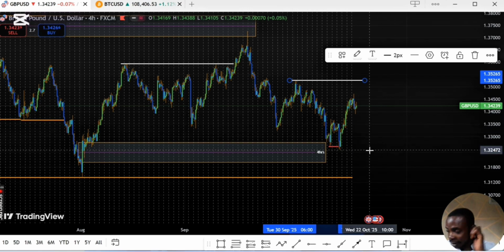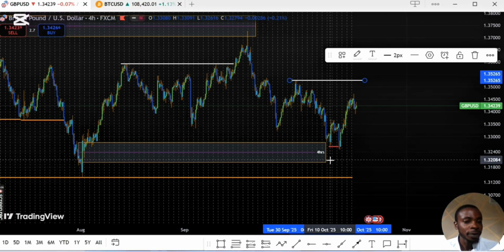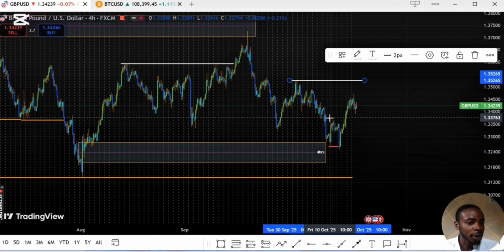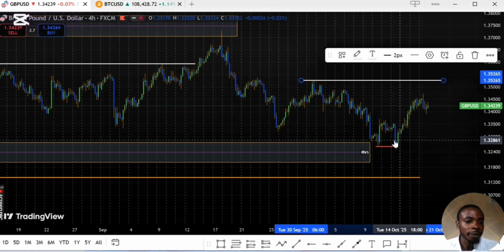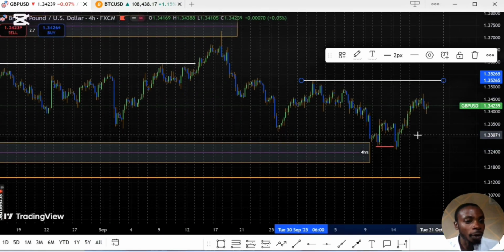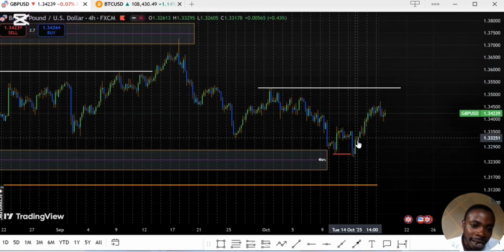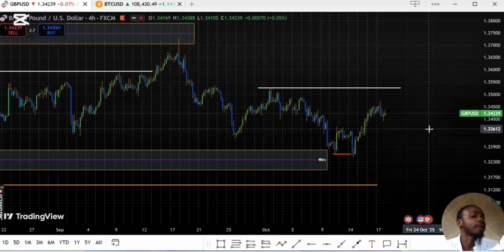Because on a lower time frame, you can also see that when price finally got here, price gave a change of character. This is a high, a lower low, a break, a change of character. So market can come back here into this fair value gap. Let's zoom out and see it very well. Into this fair value gap and continue. Or market grabs this liquidity. This is a high. On the lower time frame now, you see, is a high, a low, a high, a low. So this is liquidity. Market can come and grab it or continue. That is why my strategy allows me to do 2-to-1.